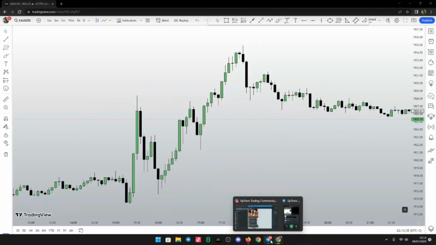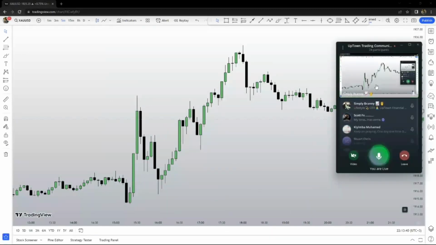Guys, first of all, I myself trade gold, and I have a special strategy that I use on gold, and I make money every day. The strategy I use on gold is beyond premium. I don't share it anywhere, maybe if someone pays for a course. What we are going to learn here is just pure price action and how to set